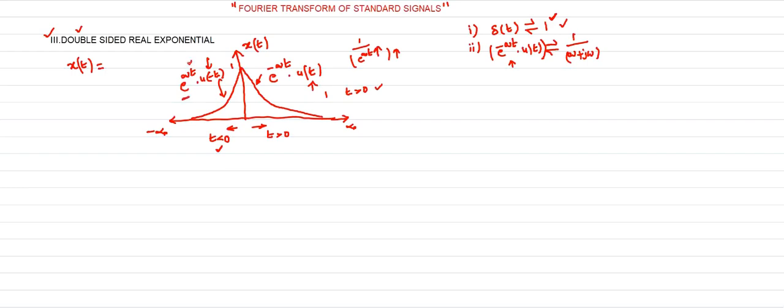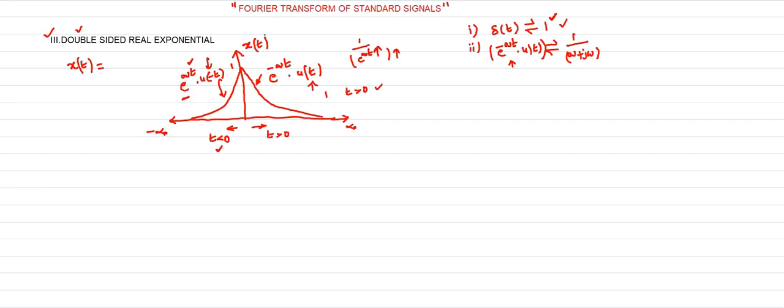Here if you take the negative time, this entire expression e power minus at becomes e power minus at. So whenever t is less than 0, e power at becomes e power minus at. So whenever the negative time increases, the denominator of this expression increases, and hence the function value decreases in time as t progressively increases. That's why I represent here e power at into u of minus t. So that is the mathematical representation of your signal on the negative real axis side.